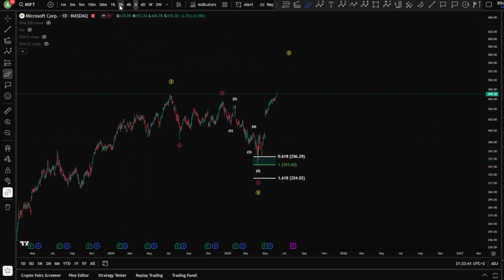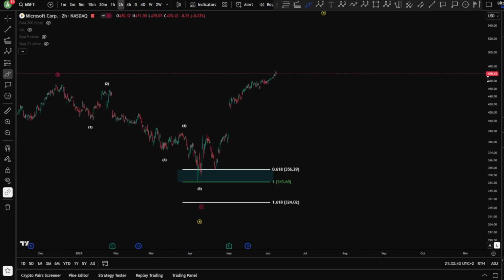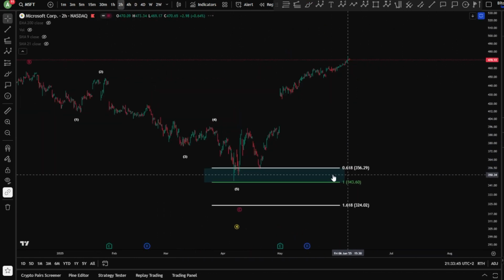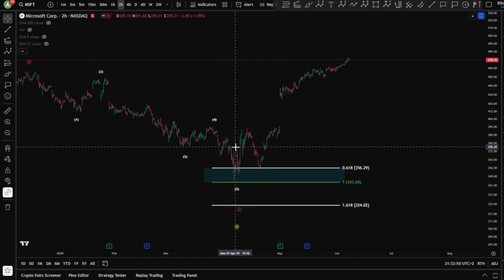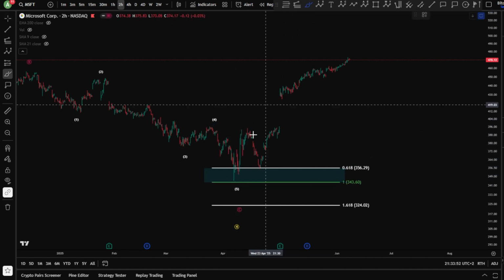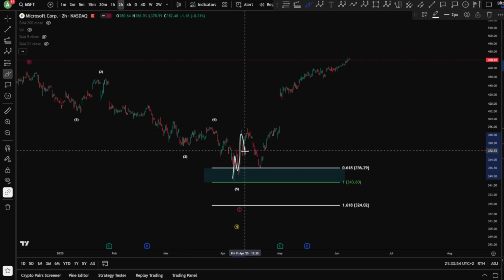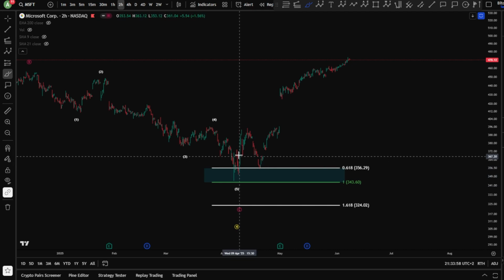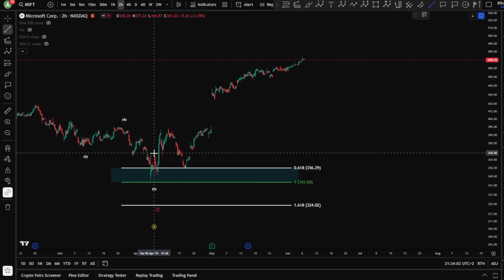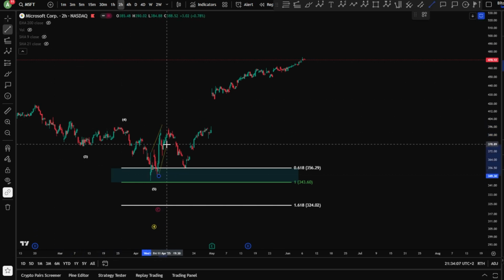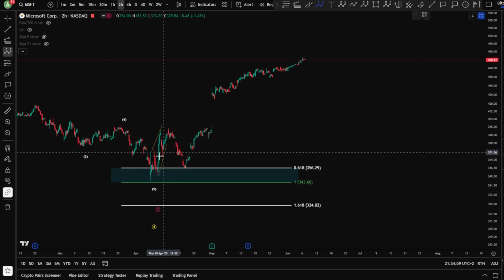And here we go. If we dive deeper inside it here, you can see, of course, that you have finished a potential impulse, or I would say a leading diagonal here, where you have 1, 2, 3, 4, and a 5. Now the wave 3 is a little bit longer than the wave 1, but still, of course, possible under the new rules of Elliott Wave International, meaning this might be a diagonal, guys, as a wave 1,